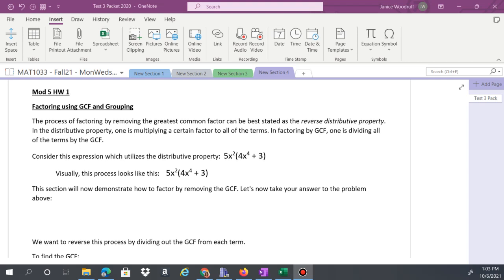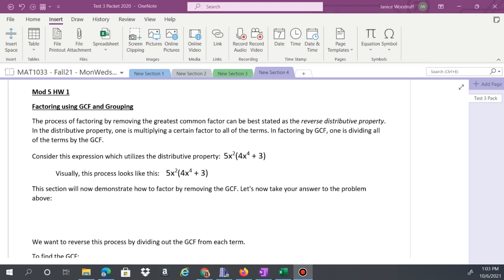So factoring. We are starting with factoring. In the first section, we are going to do factoring using GCF, greatest common factor, and then factoring using grouping. So we have here the process of factoring by removing the greatest common factor